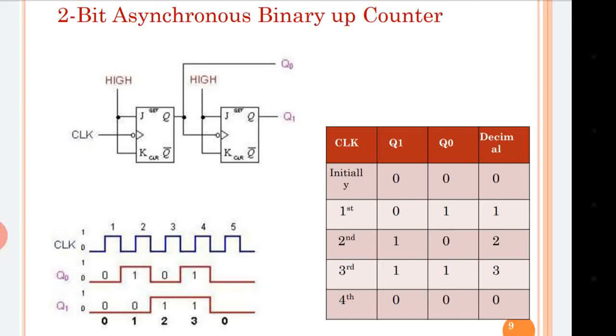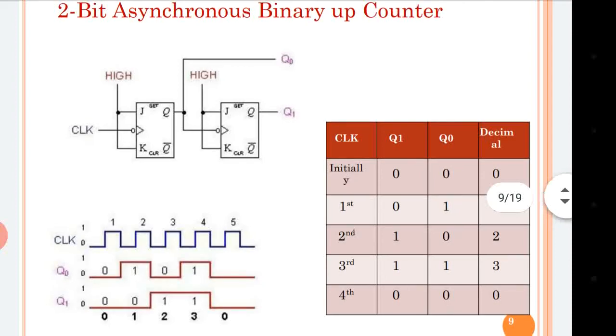So as the name is 2-bit asynchronous up counter, as we know, a flip-flop will be used to store only 1 bit at a time. Here I have to design a 2-bit asynchronous counter, so I will draw 2 flip-flops. I have selected JK flip-flops over here. Now, as the name is asynchronous counter, external clock is applied to only the first flip-flop, and the output of the first is given to the clock of the next flip-flop.